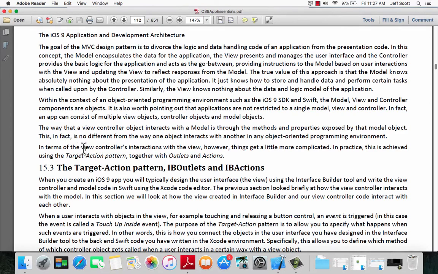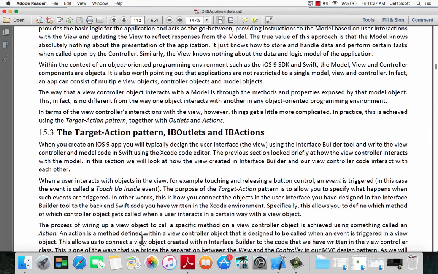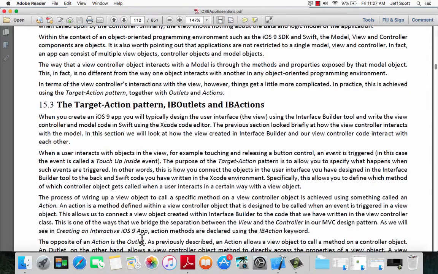In terms of a view controller's interactions, it says things get a little bit more complicated. So they talk on the bottom of page 114 to the top of page 115 about the target action pattern, and they also talk about IB outlets and actions. As mentioned here, and you can see it on the screen, on the bottom of page 114,